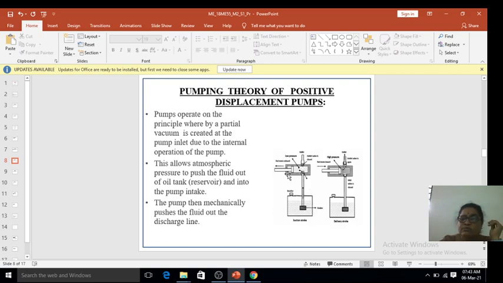So you can observe from the figure here, when the piston moves from left hand side to right hand side, that is from cap end to rod end, and then from rod end to cap end and cap end to rod end. Here the movement of the piston from cap end to rod end or rod end to cap end will take place through the high pressurized oil when it comes to a single acting cylinder,